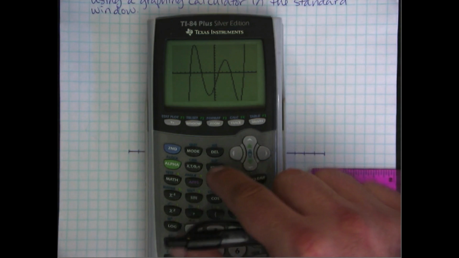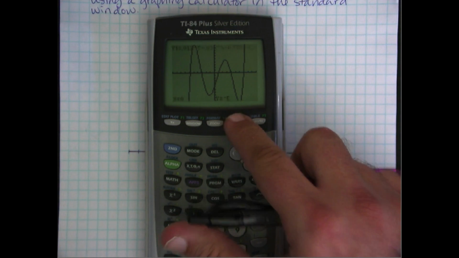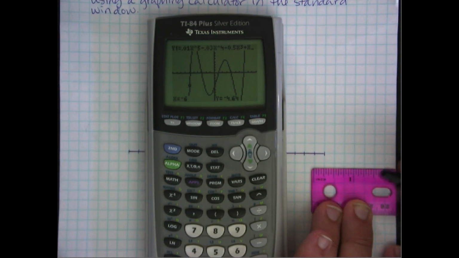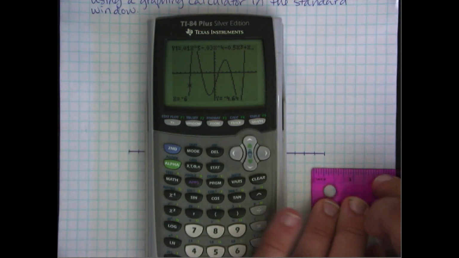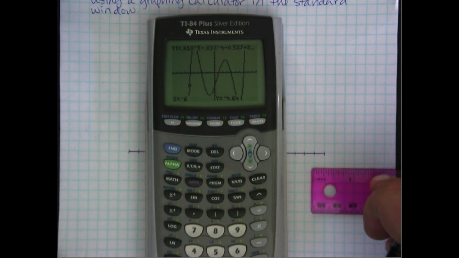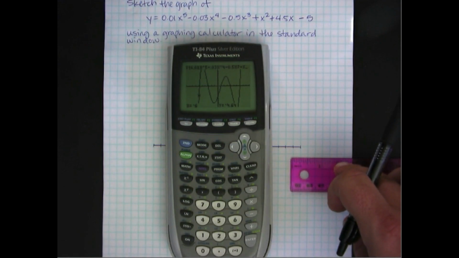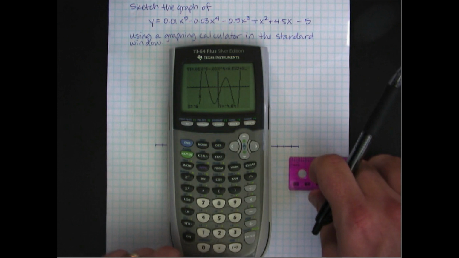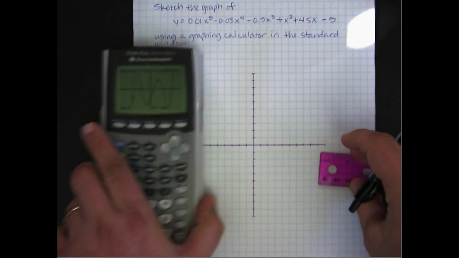And then I'll hit trace to start entering some points. So at -6, I can see that it's at 4.64. Zoom back out. There we go. I'll zoom back out, and then I can see